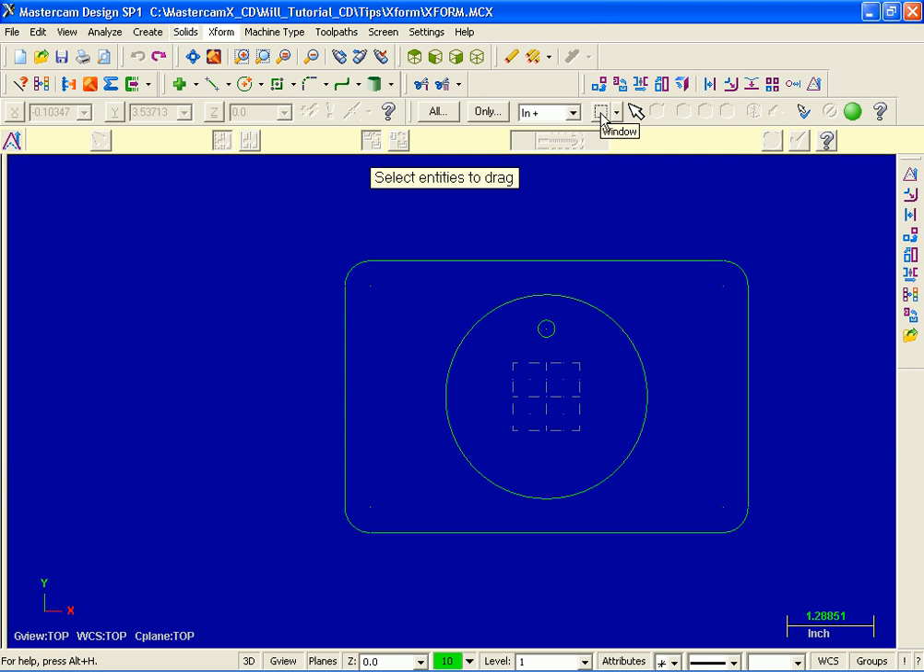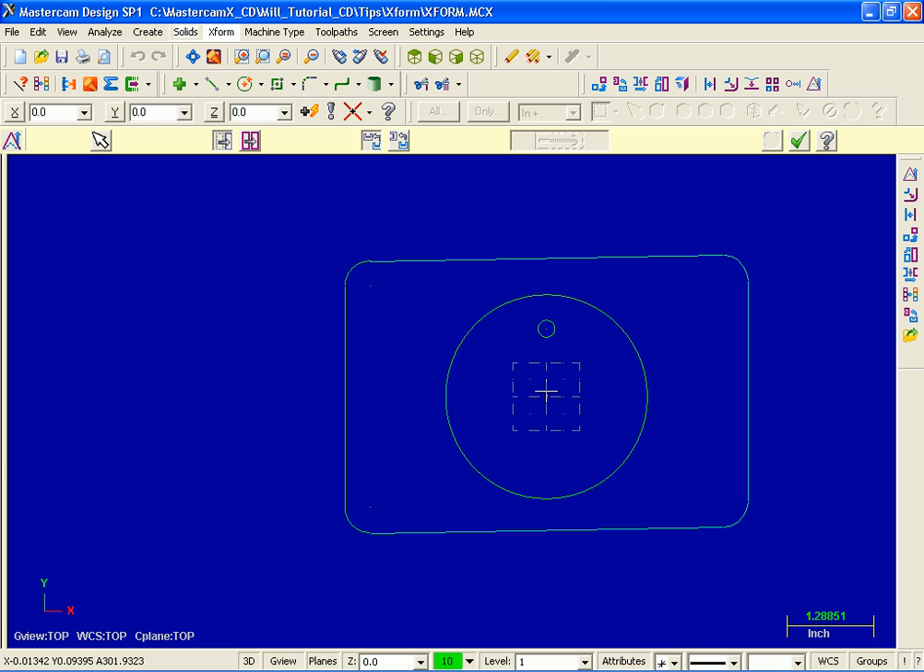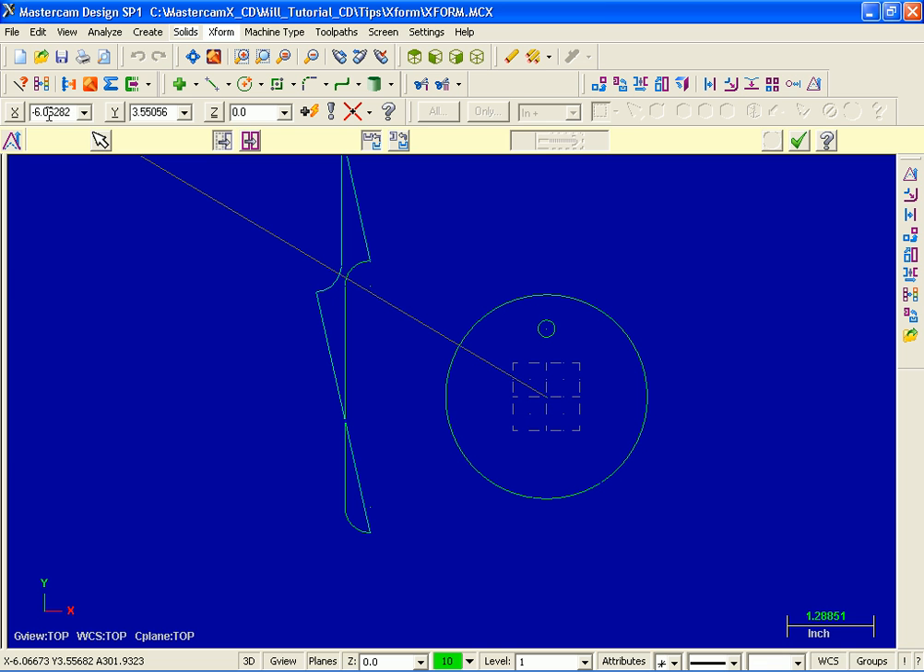Now I'm prompted to select these entities, so I'm going to draw a window just like I did before. Now to move on to the next stage, I'm going to hit End Selection. Again, I'm prompted to select the starting point, so I'm going to move on down and pick the same point as I did before. And for this next point, what I'm going to do is move up to the ribbon bar,